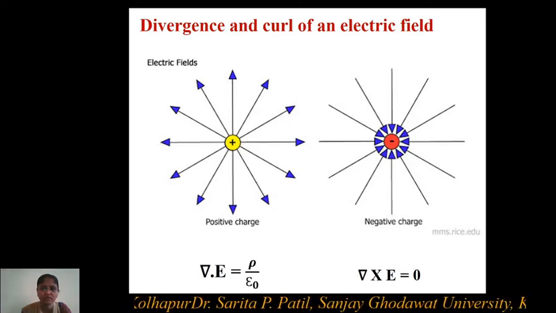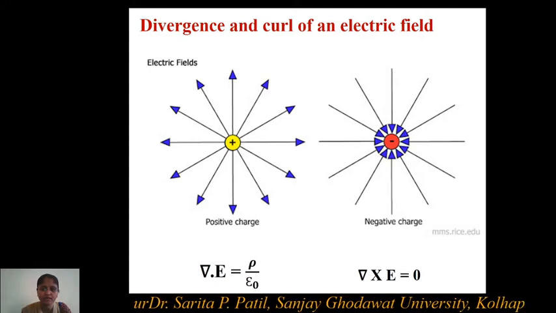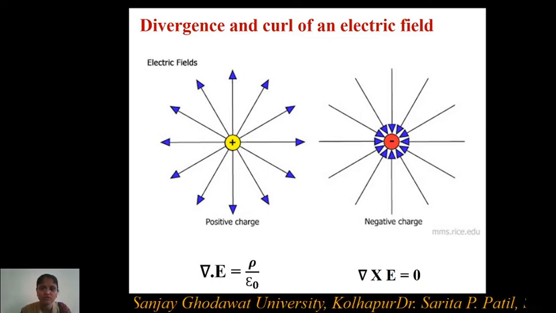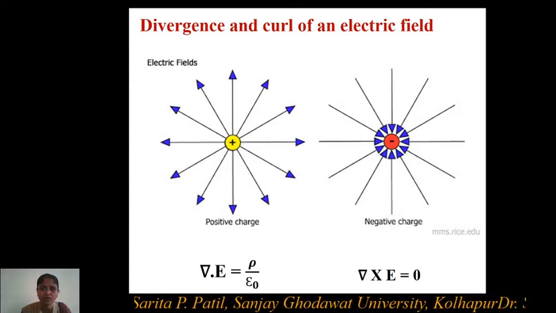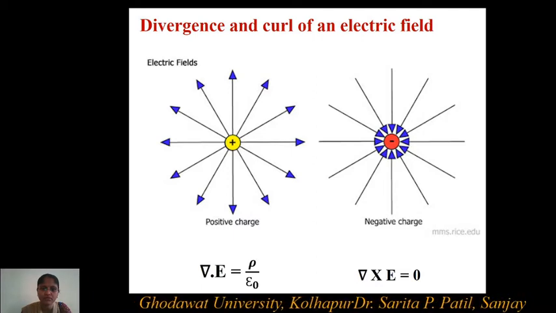So whenever it is a positive charge, electric lines are pointed away from the charge, and whenever there is a negative charge, you see electric field lines are pointing in an inward direction towards the negative charge. So actually this is the picture of how electric field emitted out by a charge, or associated with a charge, is shown with the help of electric field lines. But how then is it connected with the divergence?